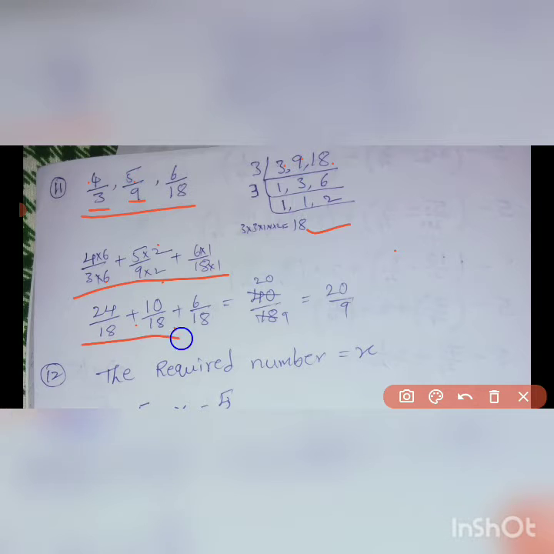So these all are like fractions now. So for like fractions, how are we going to add the fractions? Add the numerators and keep the common denominator. Add the numerators, that equals 40, and common denominator 18. Simplify this one. 2 9s are 18, 2 20s are 40. So the answer is 20 by 9. Okay.